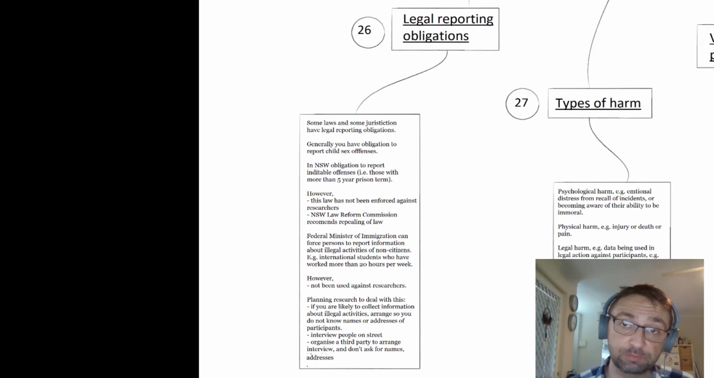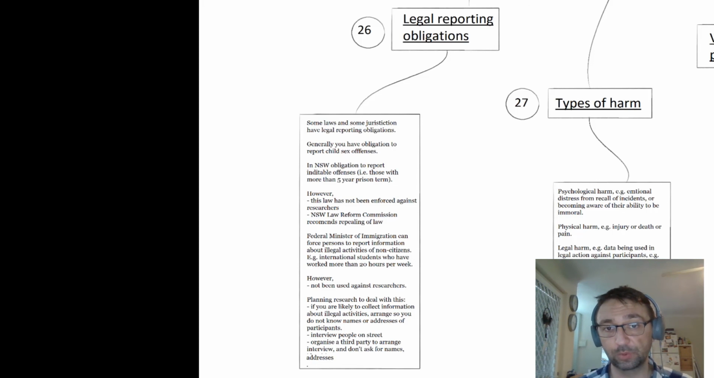Okay, another miscellaneous issue that you should be aware of is legal reporting obligations. Some laws in some jurisdictions have reporting obligations. Generally, you have an obligation to report child sex offences. I'm not 100% sure what the law is in New South Wales with respect to that, but generally, if someone is about to be murdered, like imminent harm, or there is a child sex offence, you've generally got some obligation